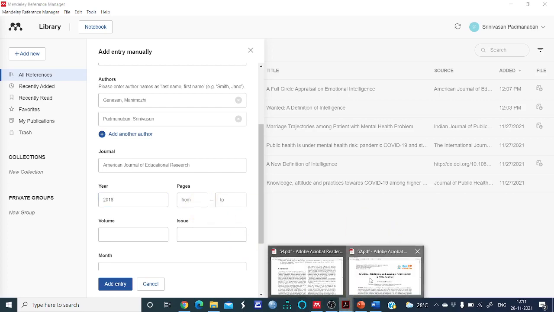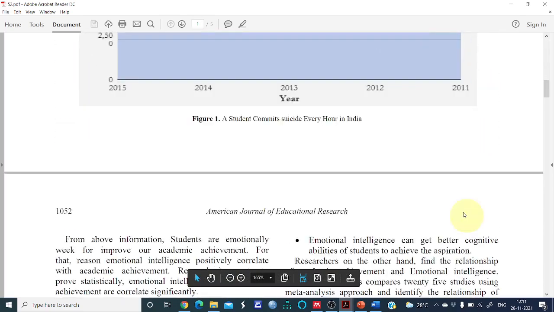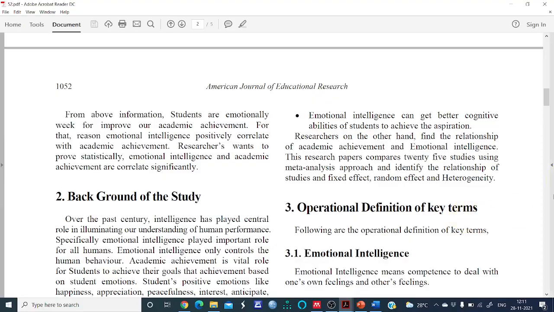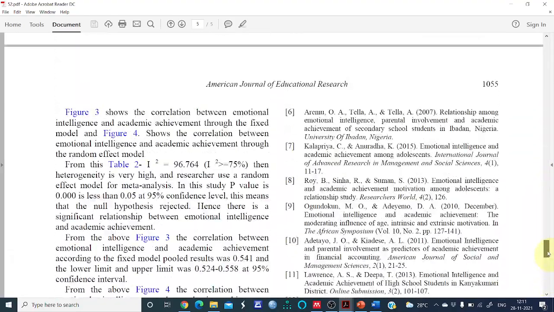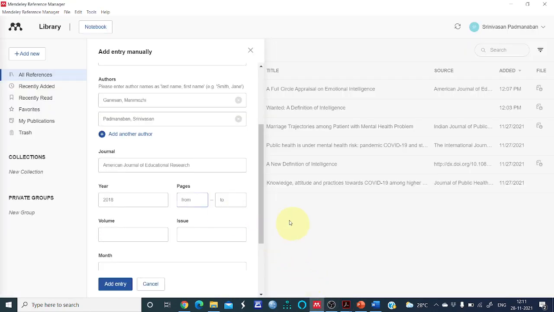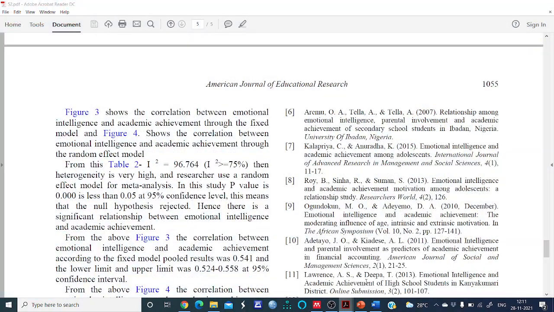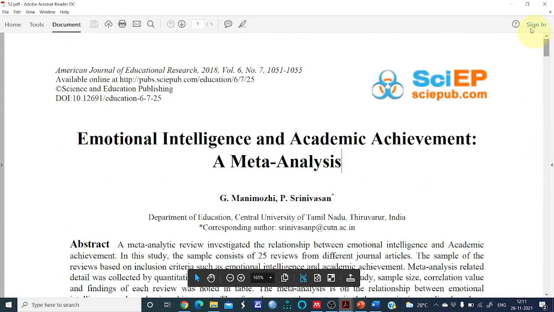Then we can see the page numbers. It is starting from 1051 to 1055, 4 pages. So 1051 to 1055. Volume and issue we have to take from there. That is here.